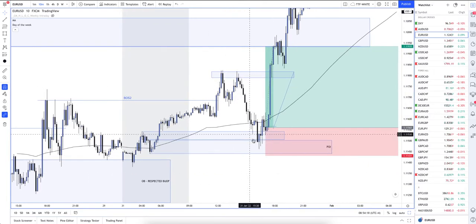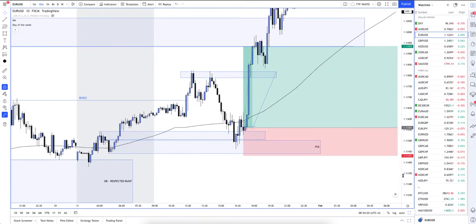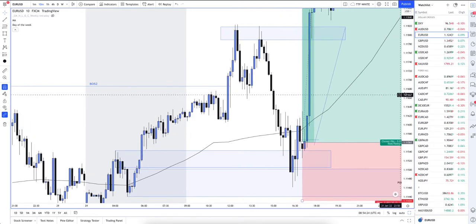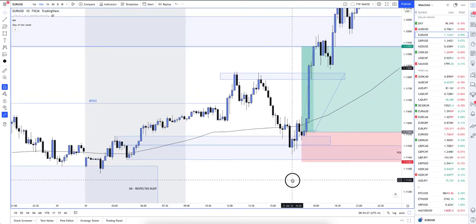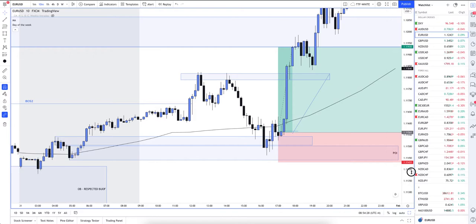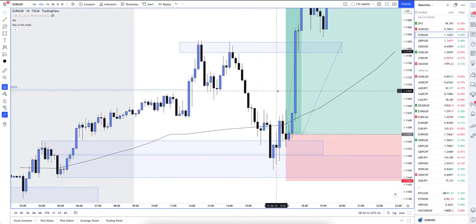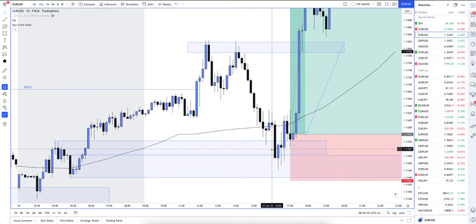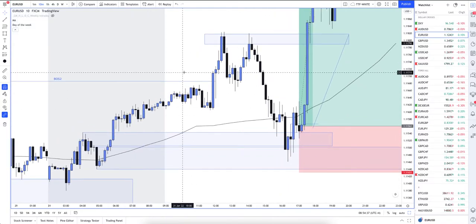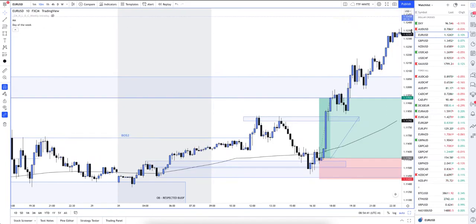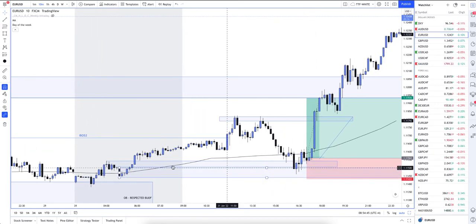So once we've pulled back into these levels here, what we're then looking for is our opportunity for entry within this market. Now, the first break of structure was very minimal for me. But because the overall hourly bias, the overall bias of DXY, which I'll go on to speak about in a minute, was in my favor, I was more than happy to look for entries. So the reason why I entered where